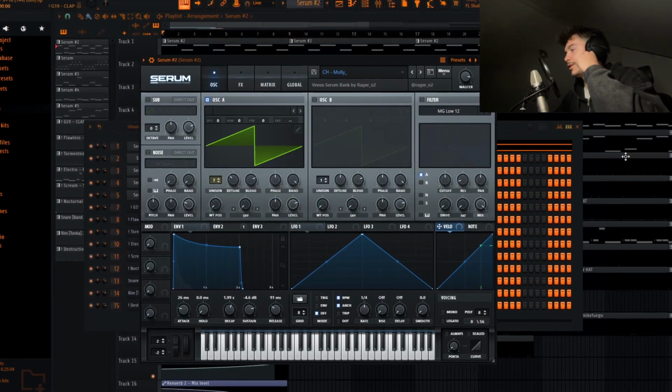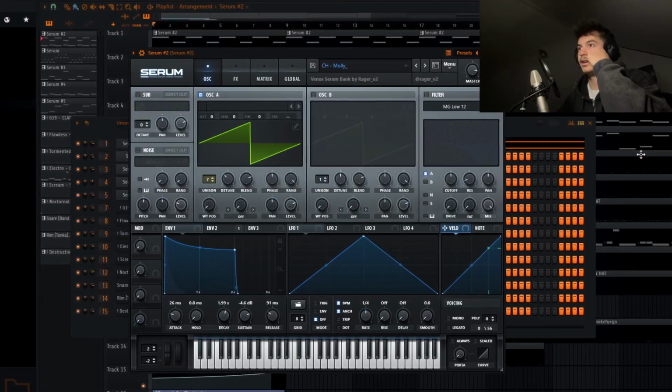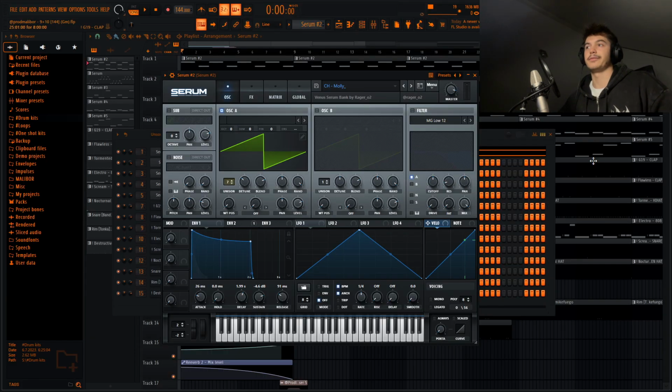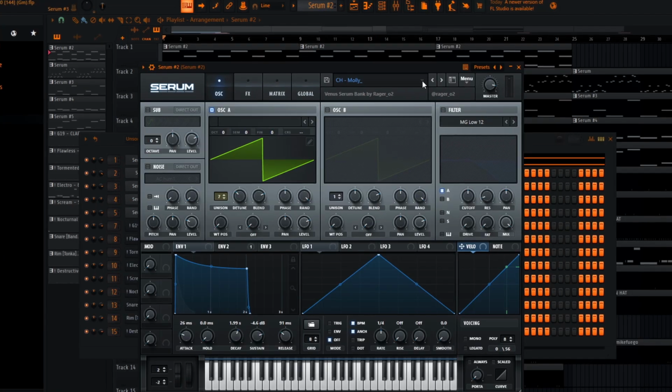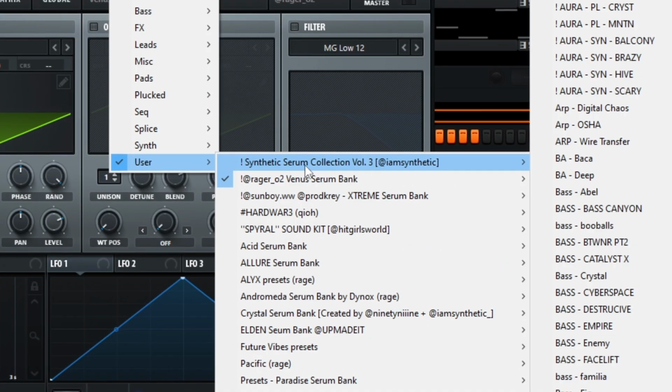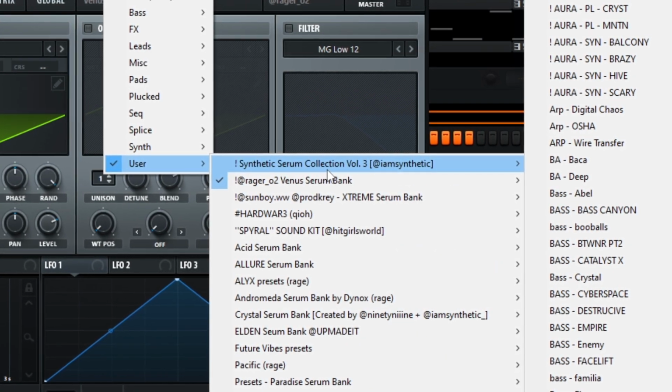Okay, so basically every time I'm making a rage type beat, I always rely on Serum because it has like the most synthetic sounds and stuff. Also, you can find really good banks out there. For example, for this beat, I mostly use the Rager Venus Serum bank and also the Synthetic Serum Collection Volume